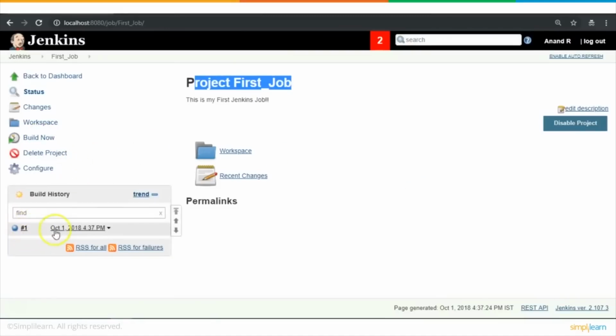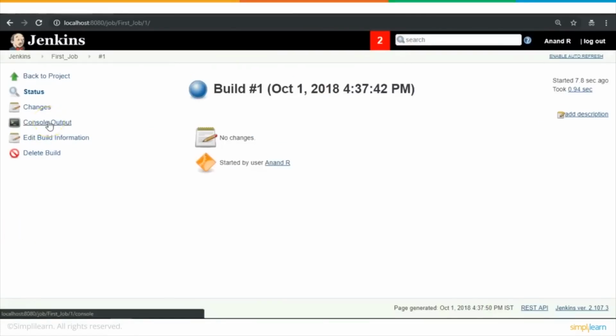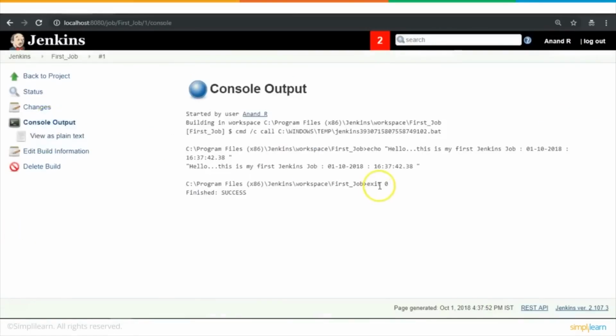You see a build number, you would see a date and a timestamp. So if I click on this, you would see a console output. If I go here, okay, as simple as that. And where is all the job details that is getting into? If you see this,